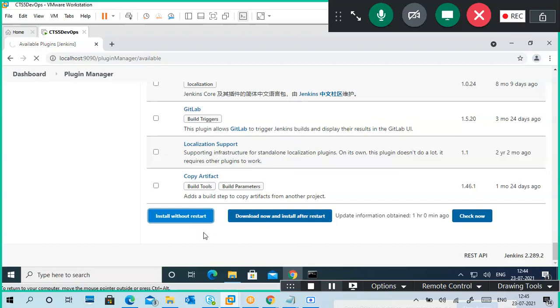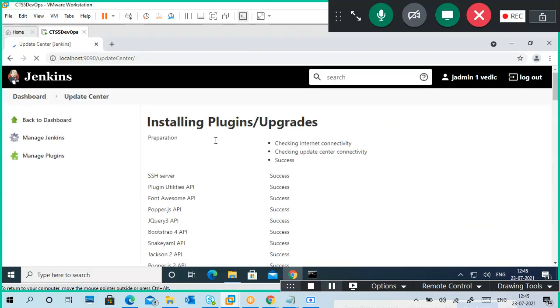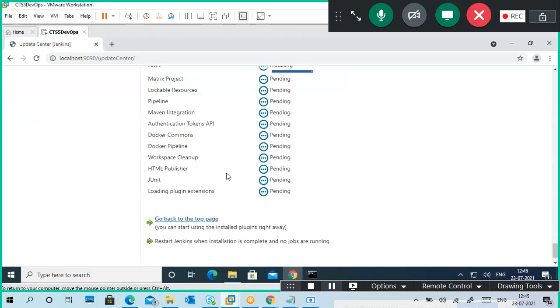So what will happen? There are thousands of plugins for Jenkins. I will explain Jenkins.